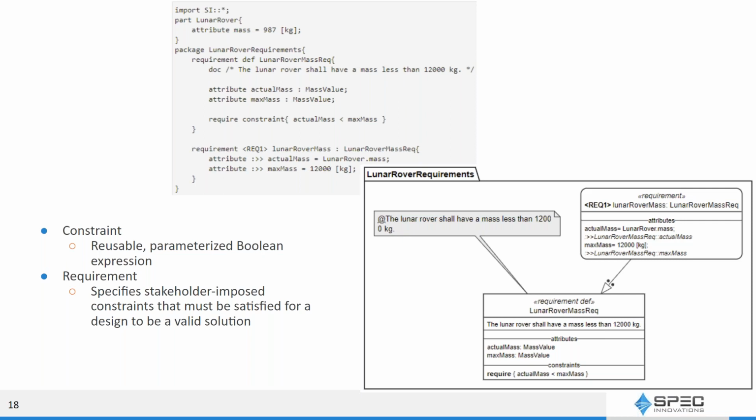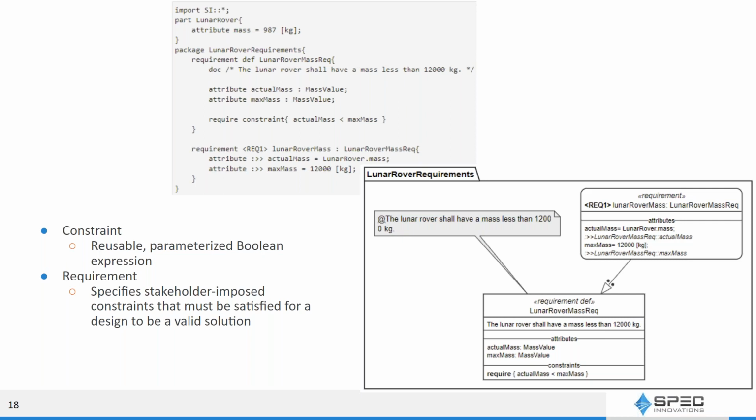Next is the concept of constraint and requirement. A constraint is a reusable parameterized Boolean expression. I only used one of these in the example and didn't really define it, because a requirement is a child of constraint. Requirements are typed by constraints now.